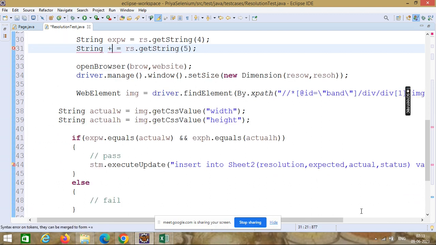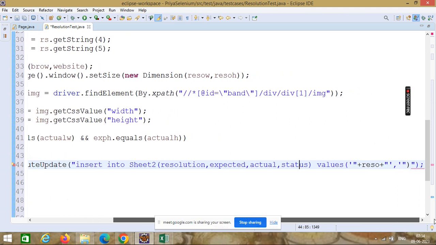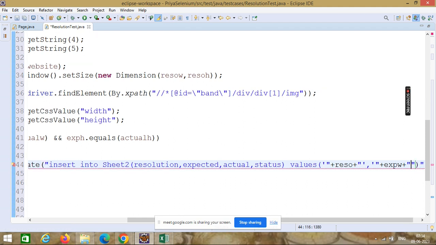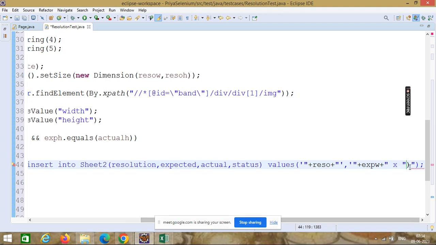I will add EXP width, into, for which I have crossed it, into EXP height.